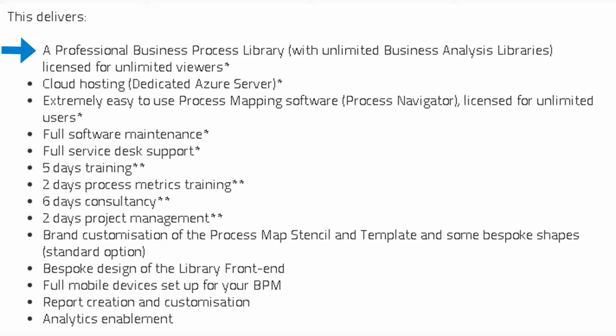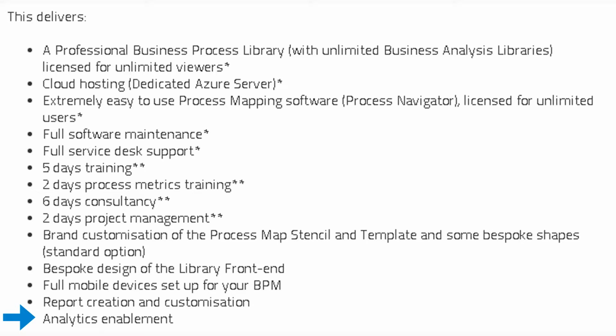This delivers a professional business process library licensed for unlimited viewers, cloud hosting, extremely easy to use process mapping software licensed for unlimited users, full software maintenance, full service desk support, 5 days training, 2 days process metrics training, 6 days consultancy, 2 days project management, brand customization of the process map, stencil, template, and some bespoke shapes, bespoke design of the library front end, full mobile devices set up for your BPM, report creation and customization,